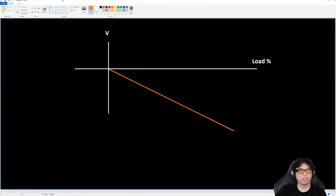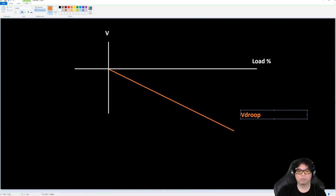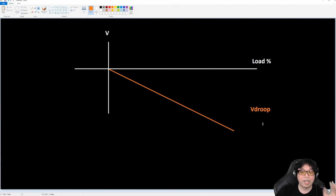This is what is referred to as V droop. Voltage droop. That is what this is. Because it is a reliability feature. It is a self-preservation feature of the CPU. Because if the voltage stays very high at full load, 100% load, the CPU will become damaged, because what ends up happening is all the transistors will be active, and the amount of current that will flow through everything needs to, like if your current stays constant, right? Your voltage has to go down. That's the V droop. And there's another thing too that we haven't even addressed, and that's the current draw. Because I have a theory, or I'm hypothesizing that the reason why this is an issue